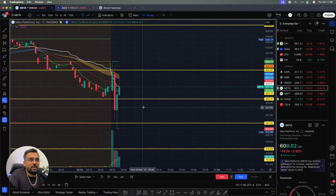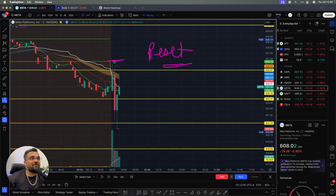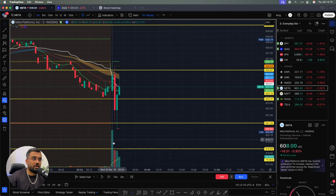Now we need to wait for the charts to reset themselves. And the only way the charts ever reset themselves is when it breaks the high of the day or low of the day again. Now we are going back in the shop. Until it stays in this shop, charts haven't reset themselves. I need to either have a break towards the upside or break towards the downside. And also, hey, don't forget, we are still on a 2 minute chart. So I'm sitting there peacefully. Anyway,